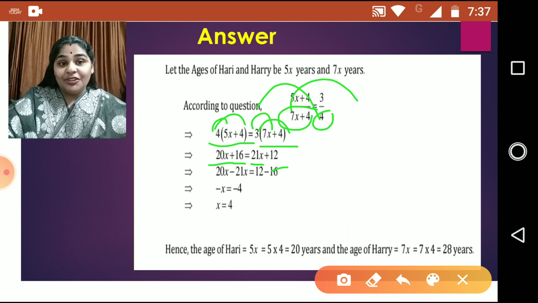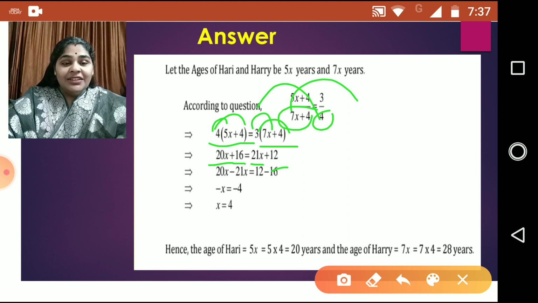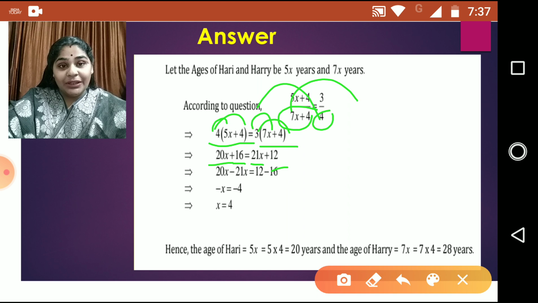But as examples I told, if the sign is negative outside the bracket, whether it is inside the bracket, you have to be a little bit careful, children. So now you can see further like this we cannot simplify. So now we will transpose all the constants to one side and all the terms which are having the variables to the other side.